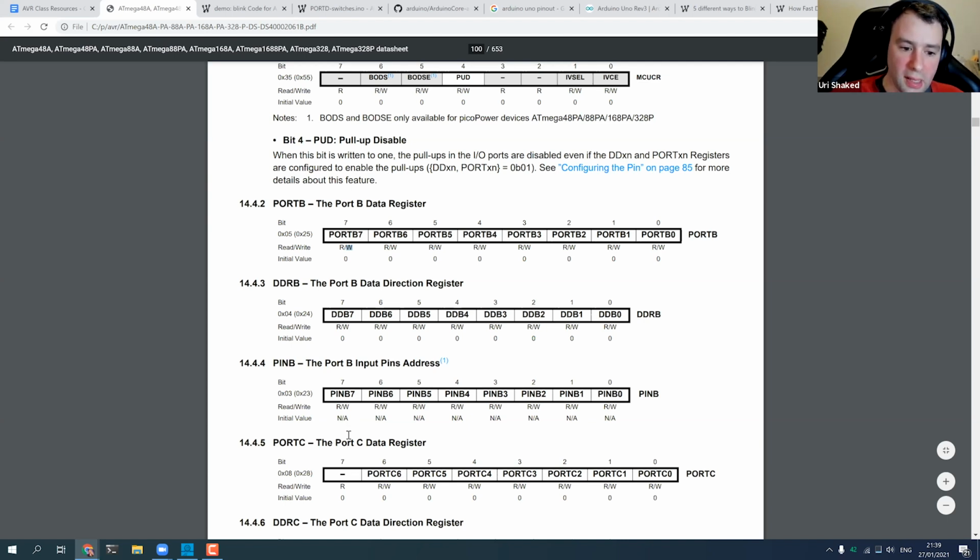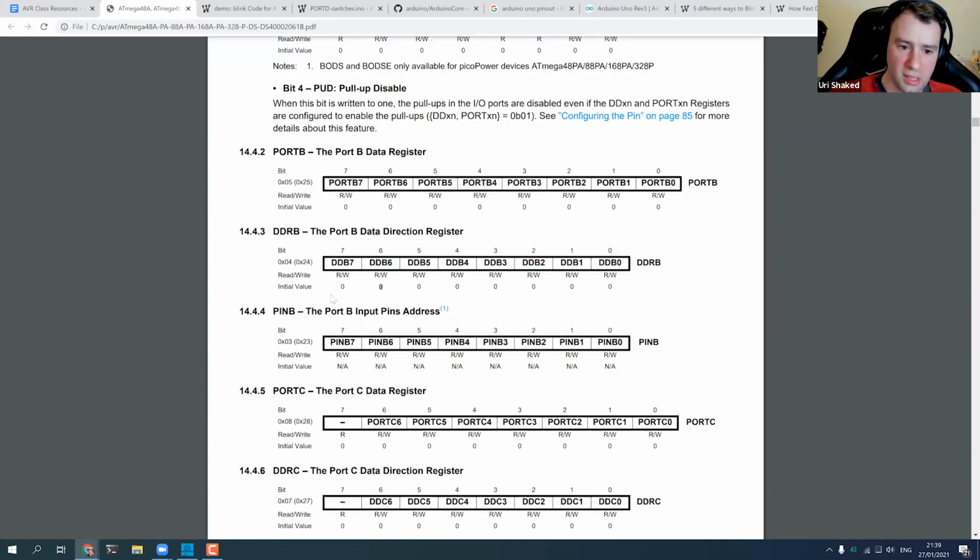In some cases, like this one, it doesn't have a specific function. And you can also see the initial value of the pin. Almost always it's 0, but there are very few cases, I think in the I2C registers, that actually start with the value of 1.